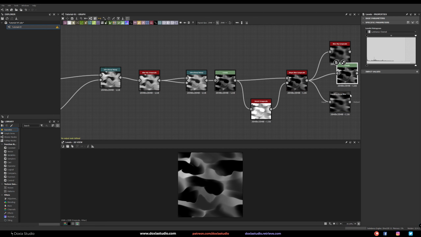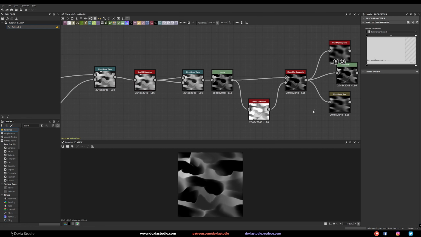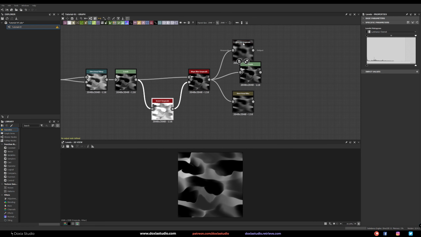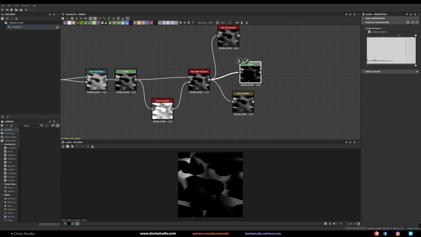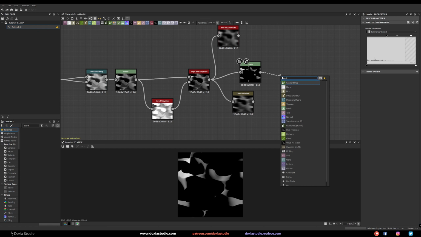Right now I'm just trying to create something new. So here on this one, let's just bring up the white edges. And you can even do something like that. And then use a blend.